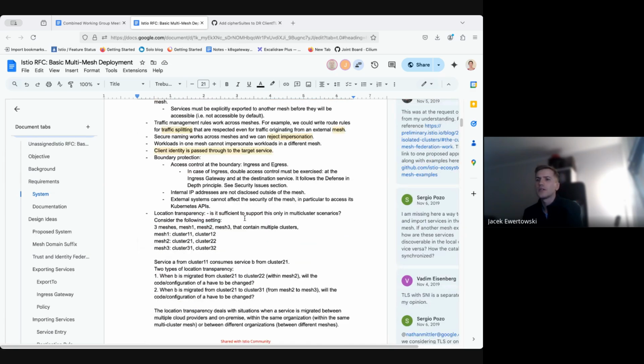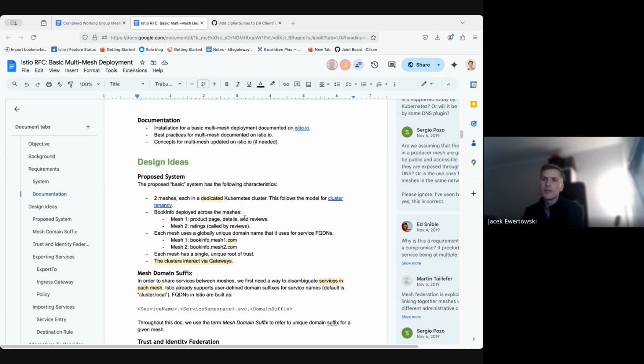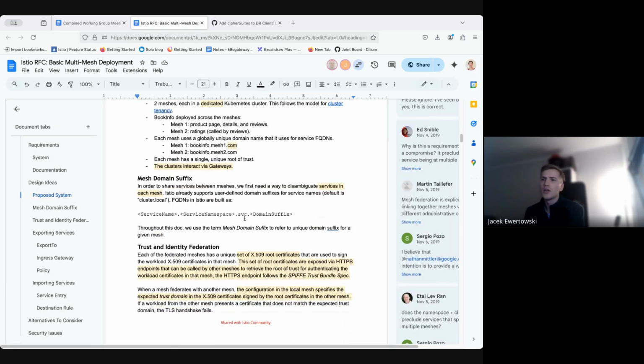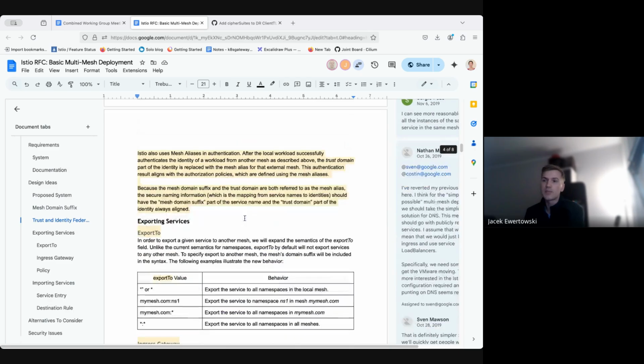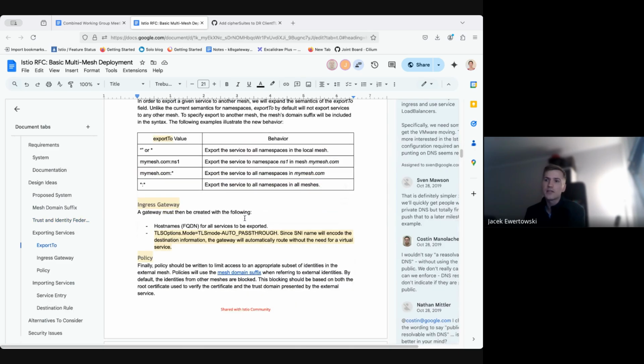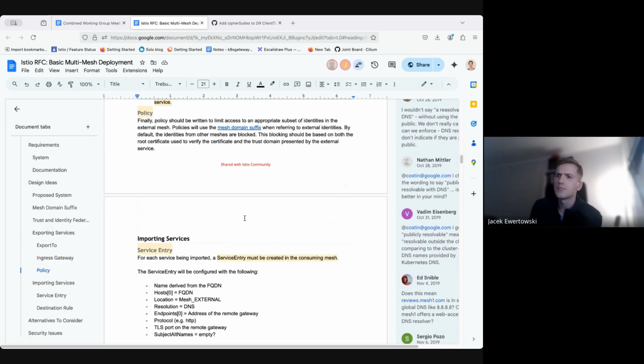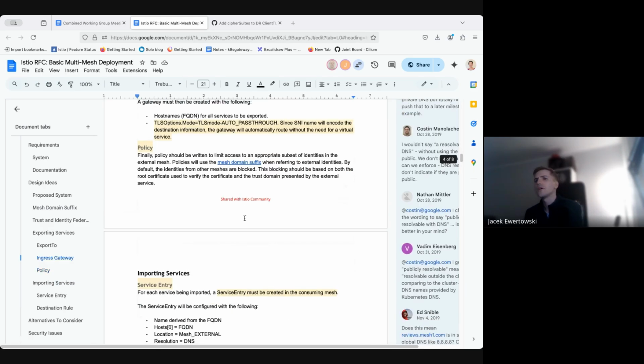Since we are investigating multi-mesh deployments, I am interested in whether resurrecting this proposal or its assumptions makes sense, if this is the direction. Do you remember why it wasn't implemented?